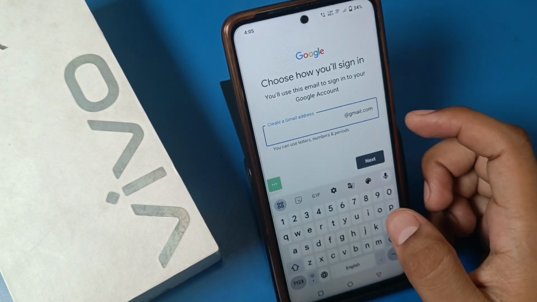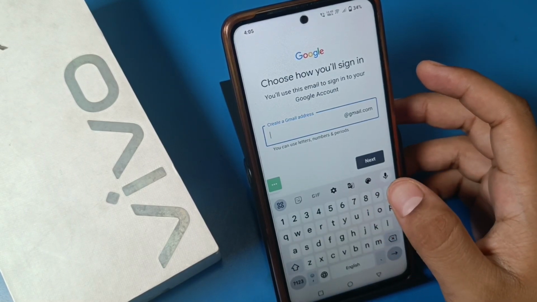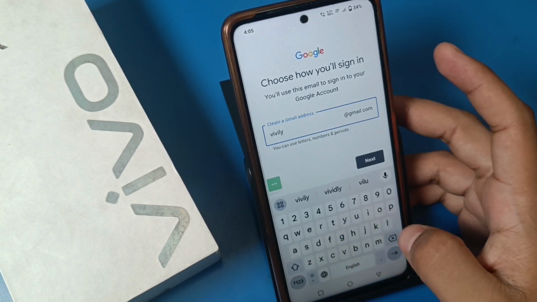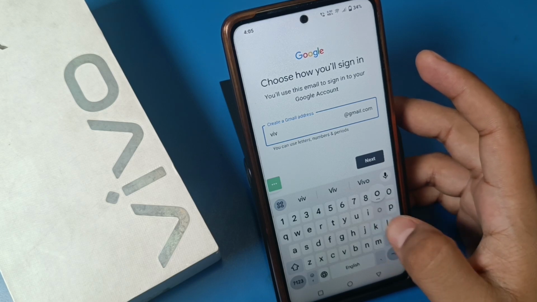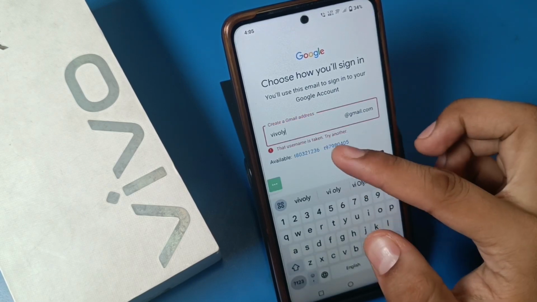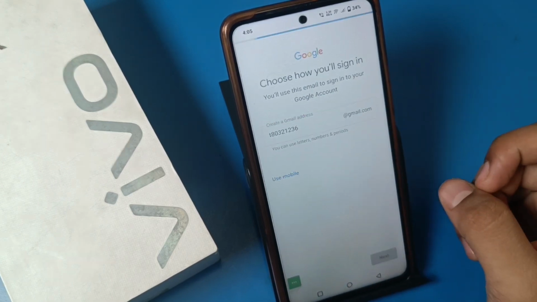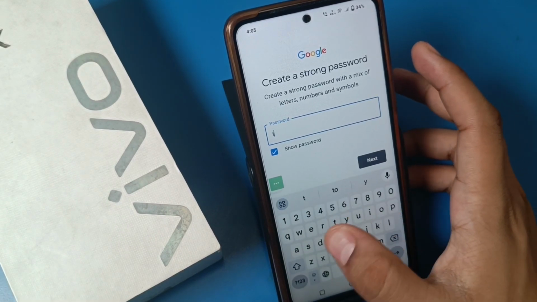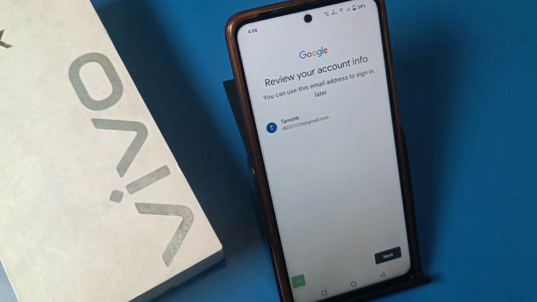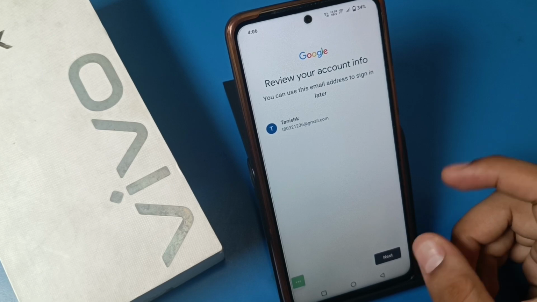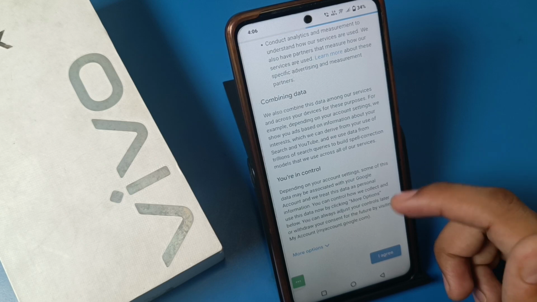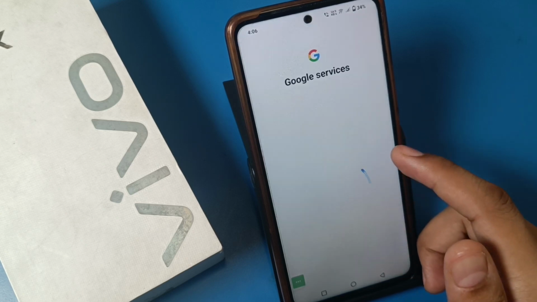and then press next. It asks for your Gmail ID, so I choose this, and you have to just press next, and then you have to just apply the password. And friends, you can see the Gmail ID is completed. You have to just agree to all this stuff and your new Gmail ID is